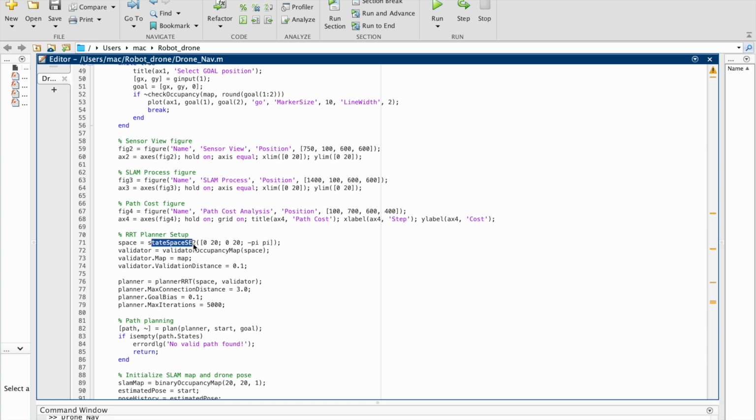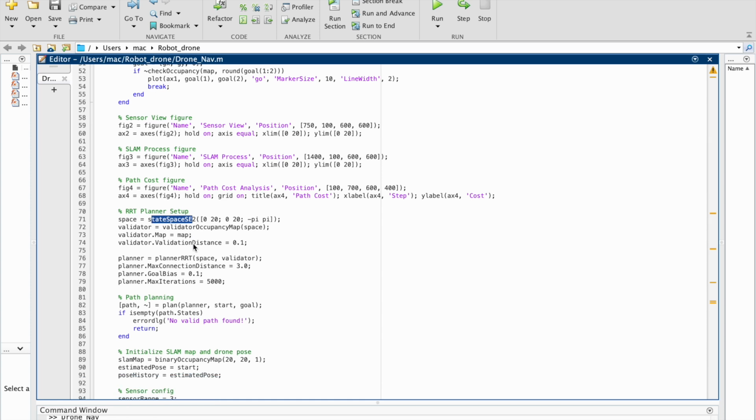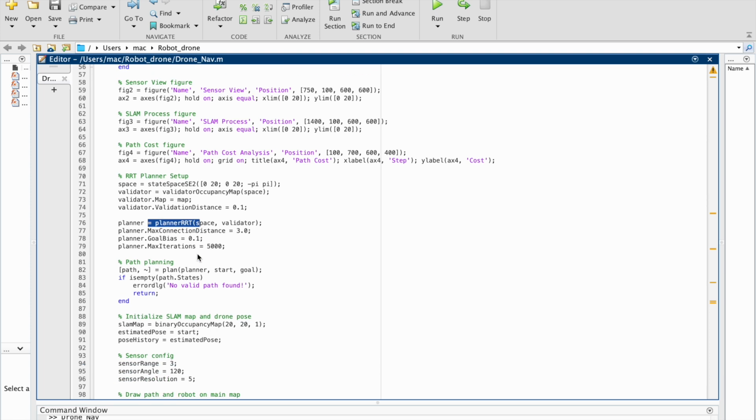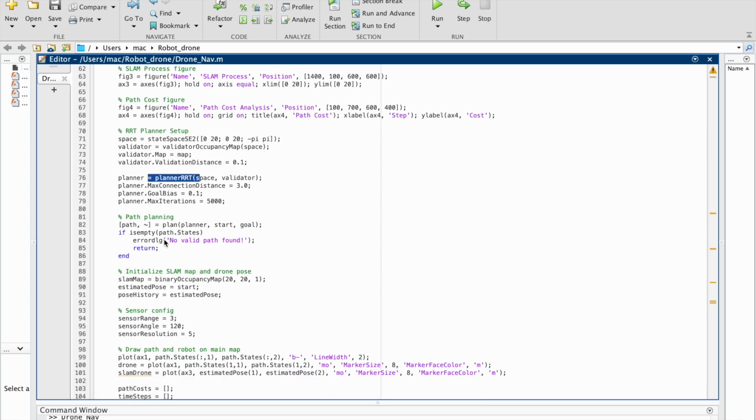I defined the state as SE2 for the RRT path planning setup. I also defined the state validator using the map and set parameters such as validation distance. The RRT planner is configured with custom parameters like max connection distance and the goal bias. The plan function is set up